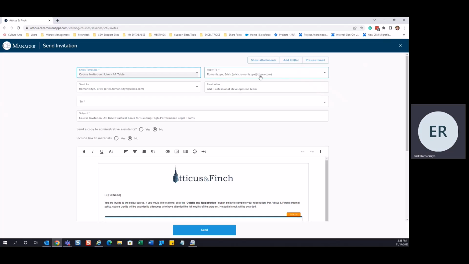The reply to section, this is going to automatically default to whoever's sending the email. This is a new feature in CManager where if you send out an invitation or any type of email from the database, you can set who is going to receive that reply when the receiver replies to the email that they've gotten. If I want it to be different from myself, I can have the reply person be LMA Cassidy. The send as